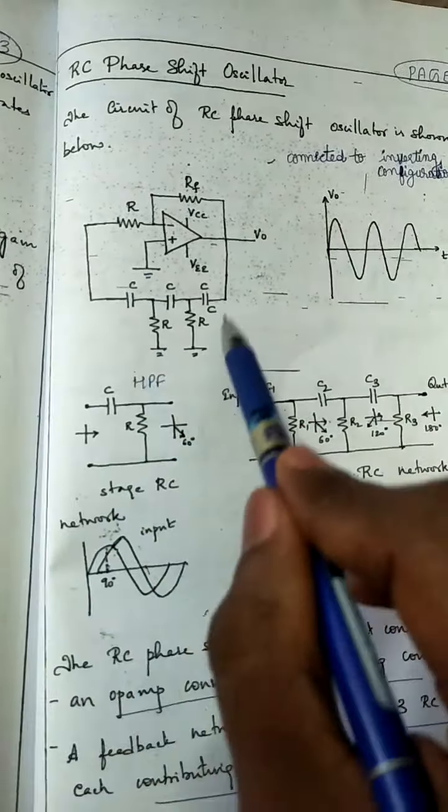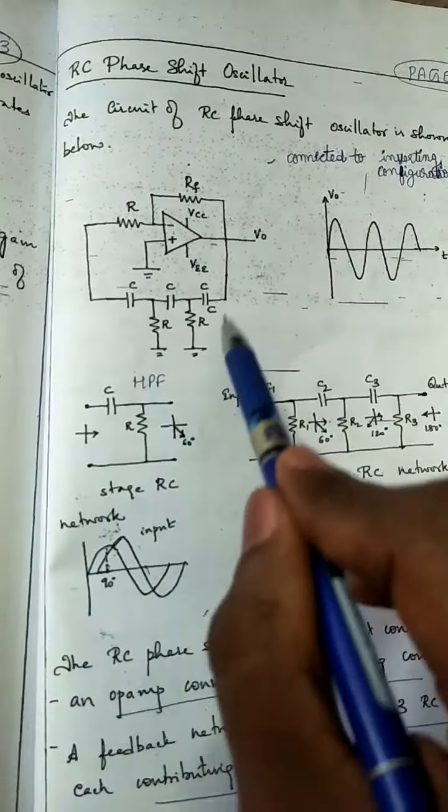For a single RC, they have shown the 60-degree phase shift with respect to the input. With 3 RC components, totally a 180-degree phase shift you will get here. So this is an inverting amplifier because the feedback path is given to the inverting terminal, the negative. The non-inverting terminal has been grounded. This is the sustained oscillation you got, the output voltage from the op amp.